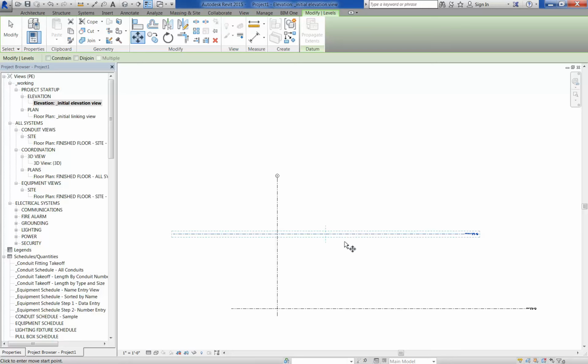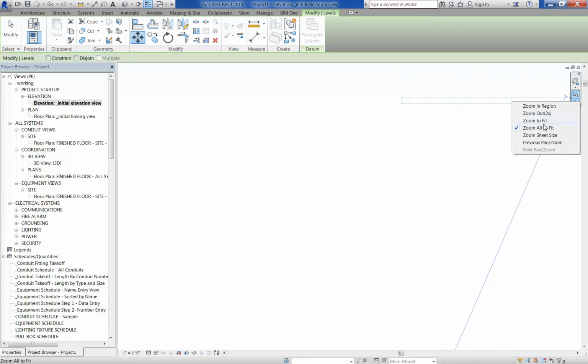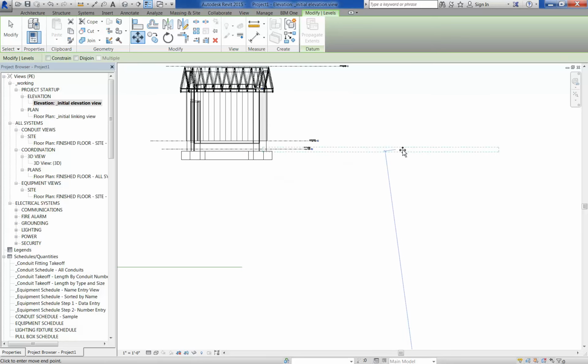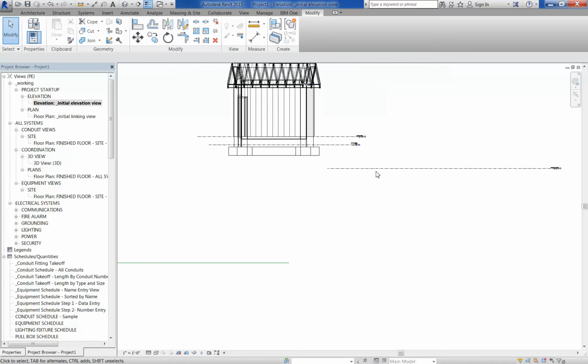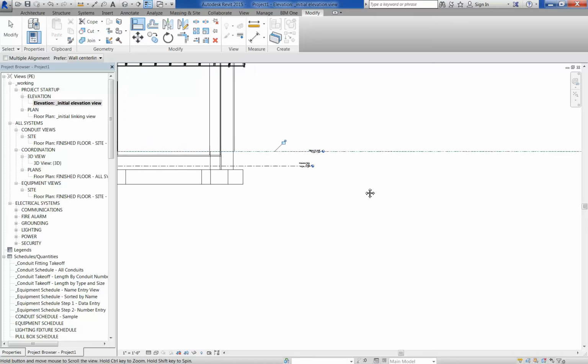So select it, hit Move, grab any point on the line, and we're going to zoom to fit, and bring it up to the same vicinity as the finished floor that the architect designated. Then we're going to align our finished floor level with the finished floor level that was created by the architect. So use the Align tool, click on the architect's finished floor, click on our level, and then